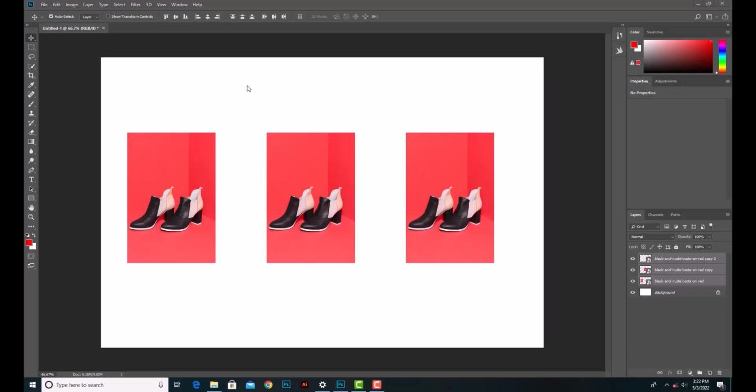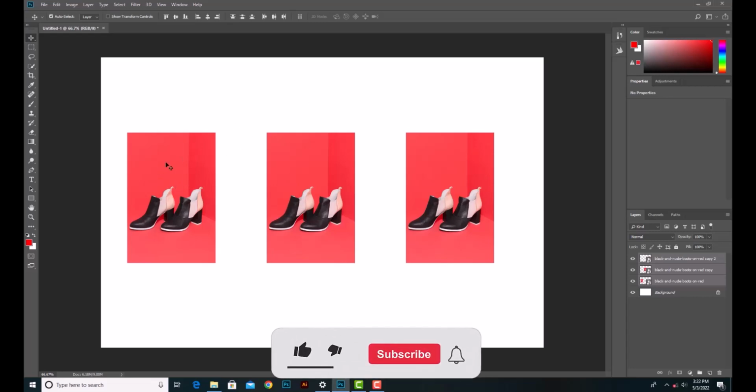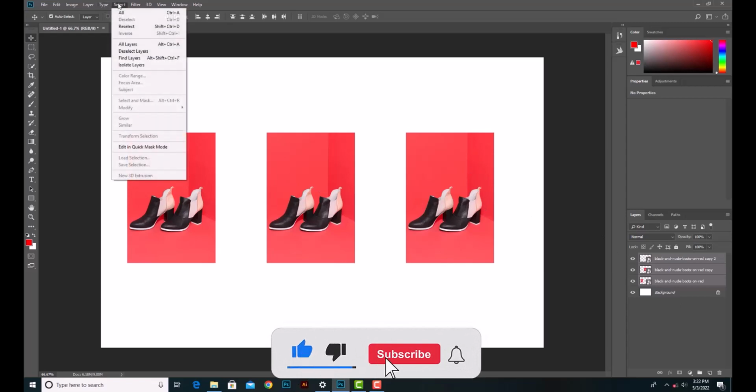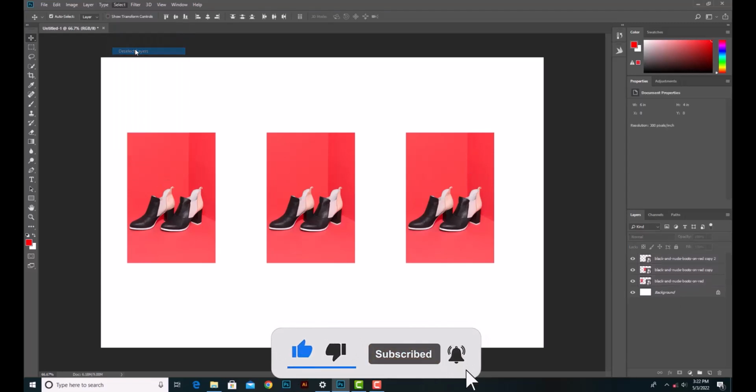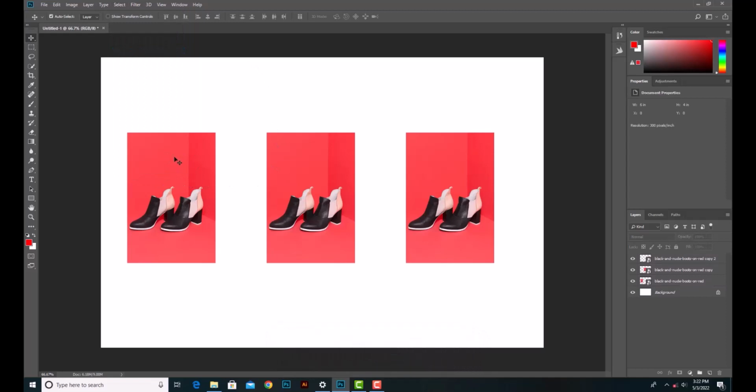Next, let's talk about transformation. So now I'm going to have one of the layers selected. I'm going to deselect all layers, and then I'm going to have this selected. Here we have an option which is show transform controls, and this is going to create a bounding box around this. But before I click on that, if I want to transform this image,